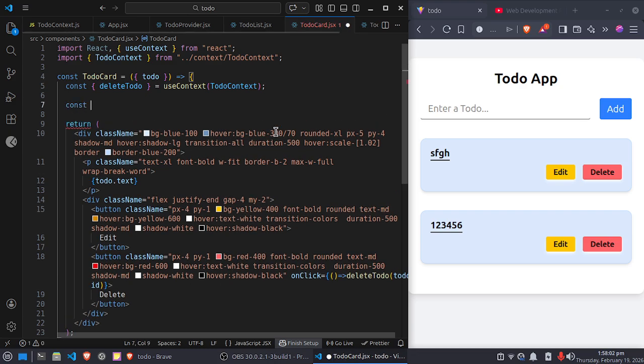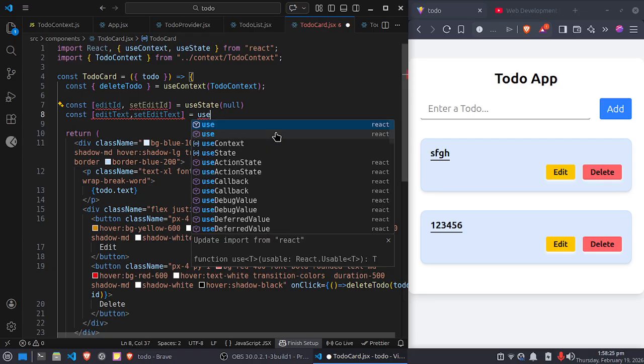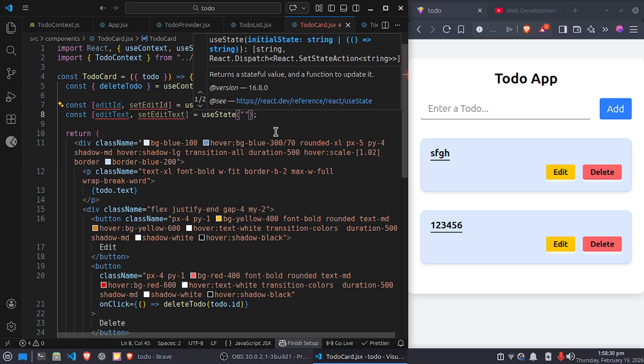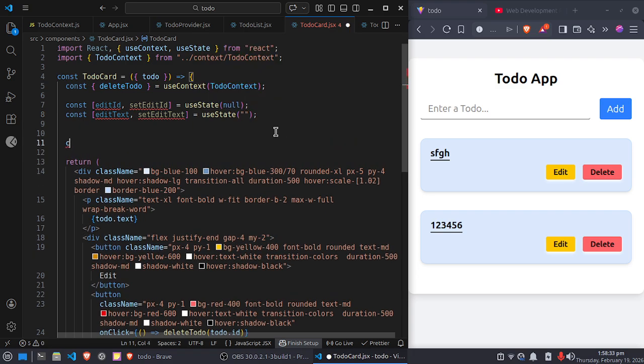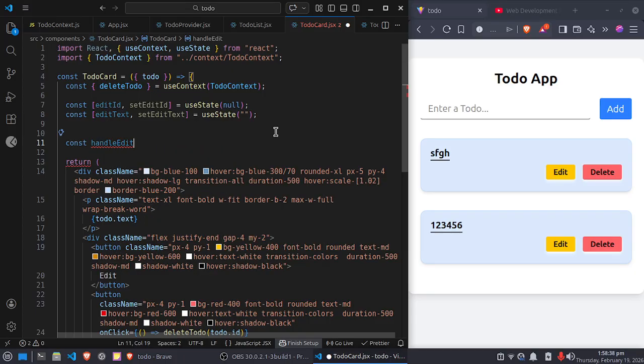First make an editId, setEditId equal to useState null, const editText, setEditText equal to useState an empty string. Now make a function called handleEdit equal to,